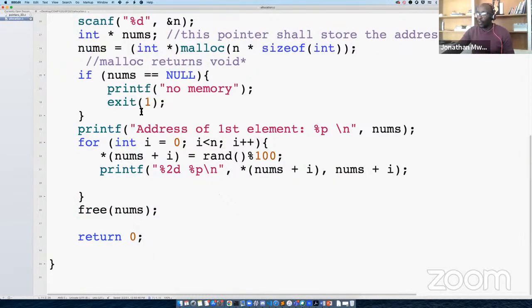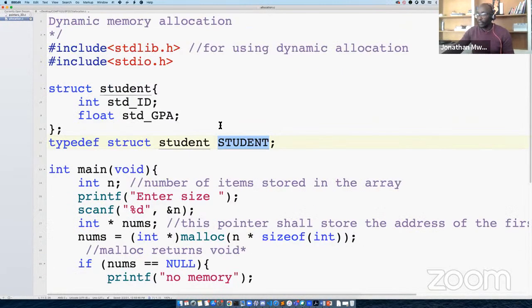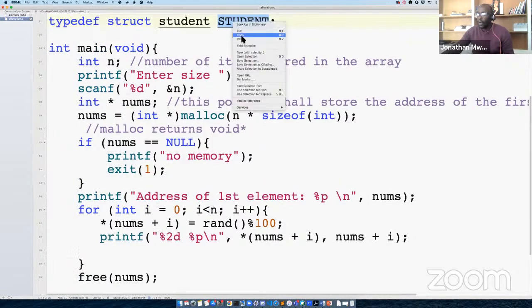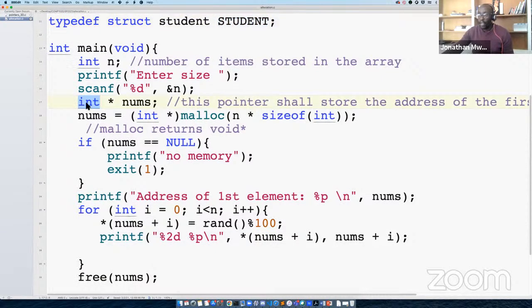Now, we want to create an array of type student. Remember, there's no major difference to our normal arrays. So instead of having an array of integers, we're going to have just students.